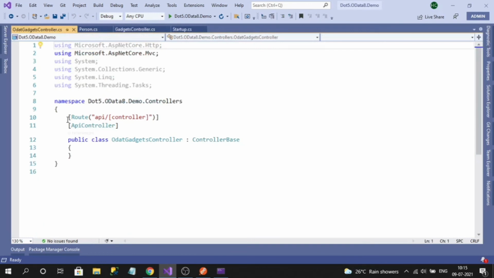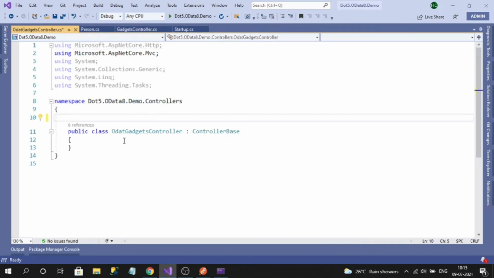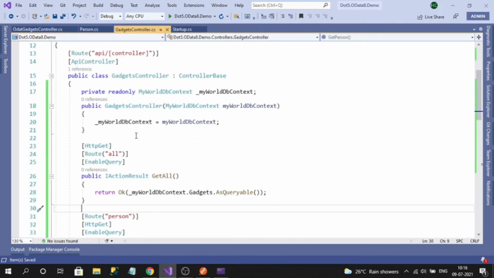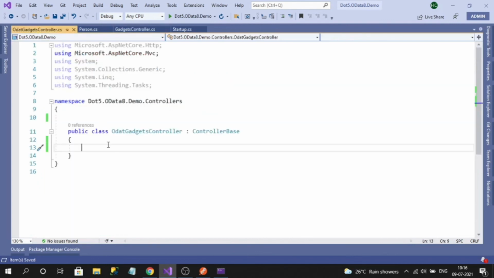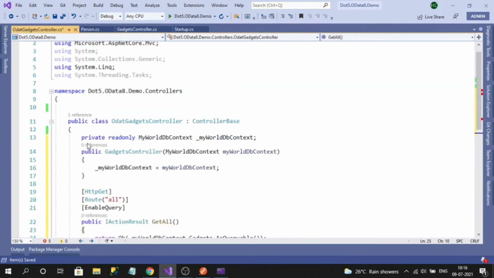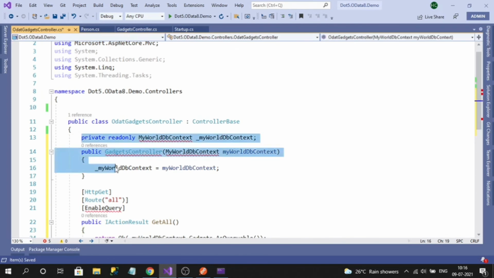First thing is we should not have OData attribute routing, normal web API routing. So next thing is I can copy the action method from here and paste it here. Let's import the namespaces first.